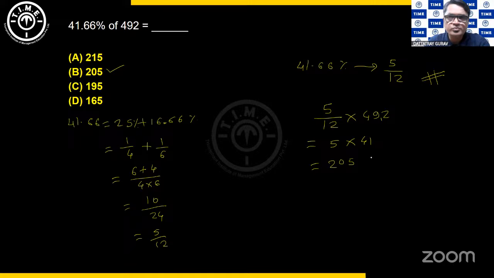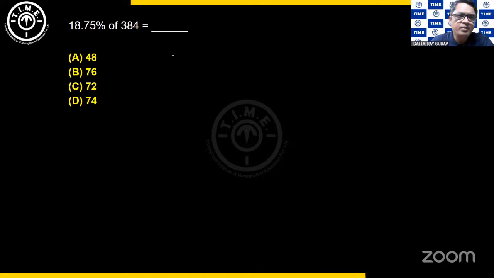Let's take the next question now. Next one: 18.75% of 384. I'm giving a breakup, but you're supposed to remember the breakup in advance. So what is 18.75? I can write